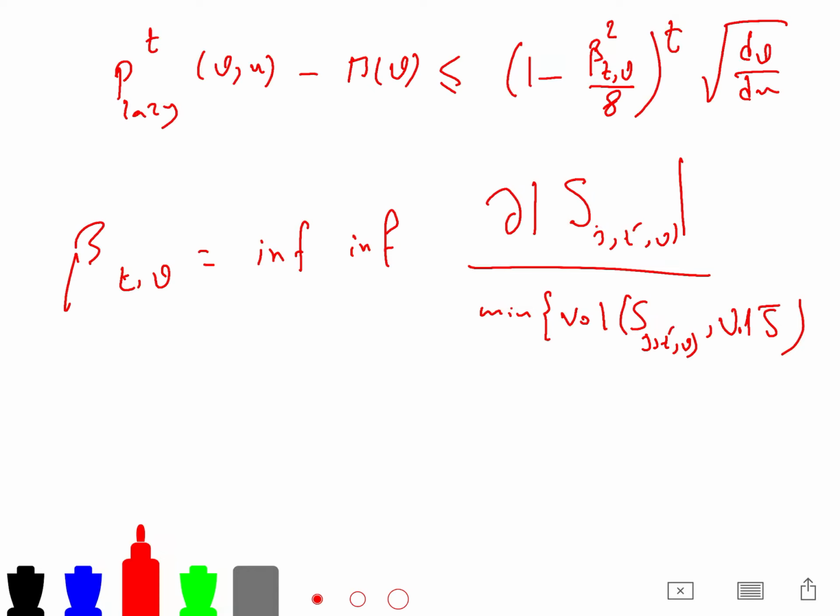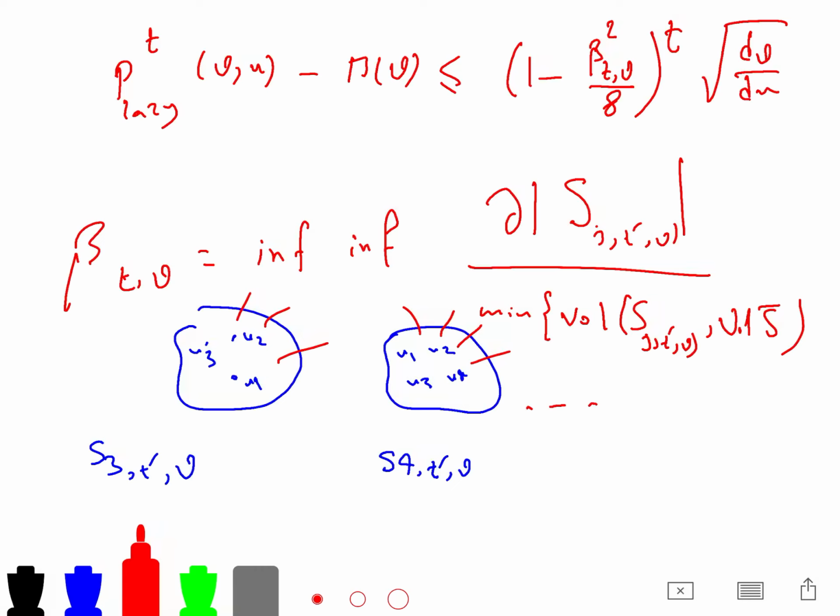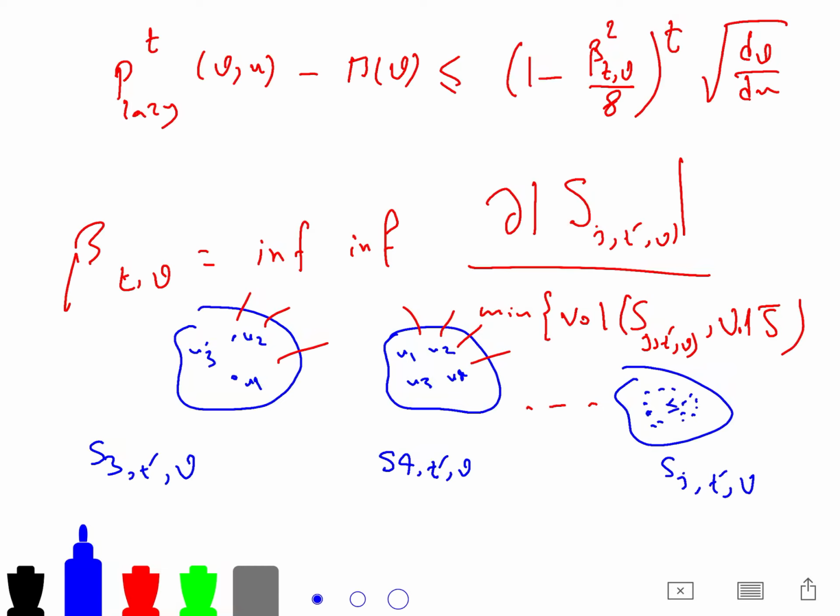So, for example, for S_3, t prime and v, we have 3 vertices: u_1, u_2, u_3. So the edges that are going out you can count. And then for S_4, t prime and v, it means that we now have 4 vertices: u_1, u_2, u_3, u_4. And then you count the number of edges crossing the boundary. And then for S_j, t prime and v, we have u_1, u_2 up to u_j vertices. So you got the idea. It's a very combinatorial approach. Instead of just linear algebra, it's a little bit more interesting in combinatorics. And you can use